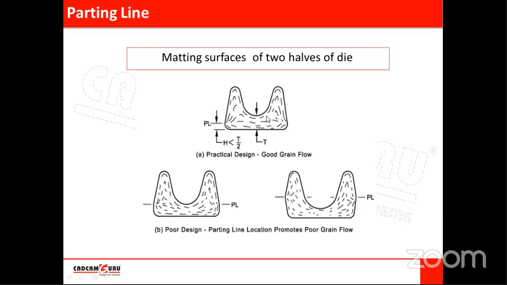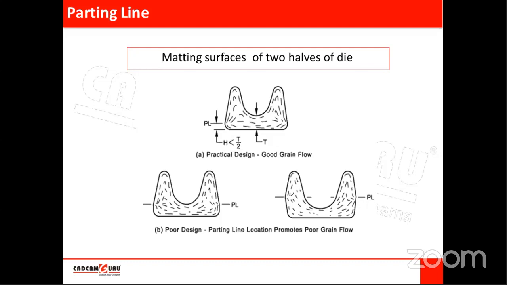Suppose the thickness of maximum material is T. Then the parting line level H should definitely be less than T by 2. That means the location of the parting line should be half or less than half of the maximum material thickness. So if this thickness is 50 mm, the level of the parting line should be 25 mm or less than 25. So this is the guideline